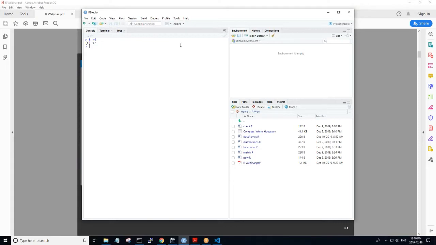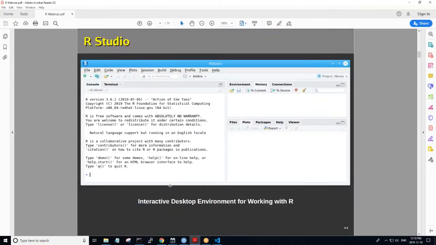This is similar to what we would do with Python or some of the other interpreted languages. Again, this is intended for interactive analytics, very much designed for that. So we're going to work with RStudio as we go through to see some of the features of R.